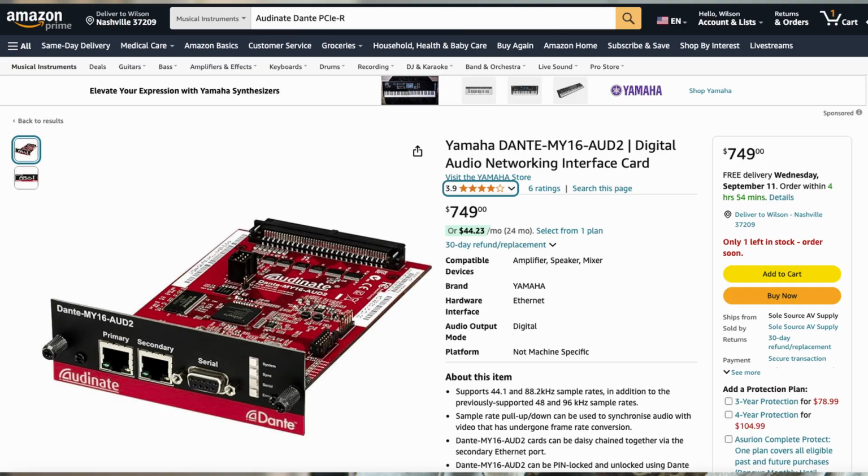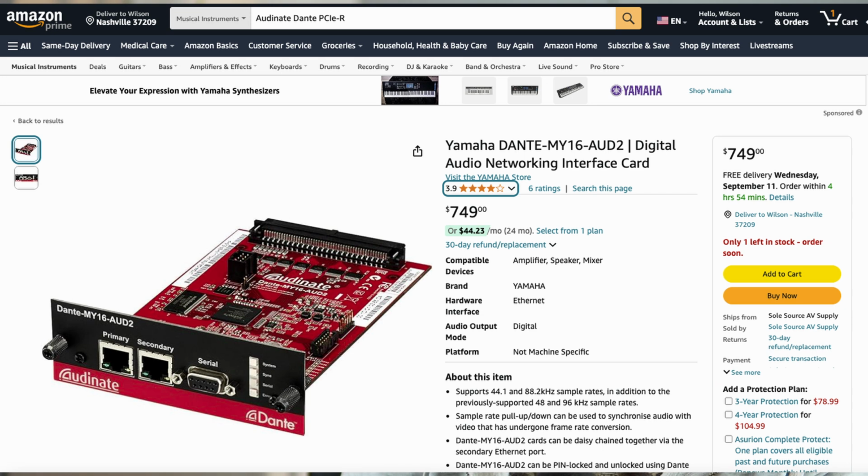Now next, this is something that I found a little confusing, but there is an optional audio card, PCIe card, that can enhance the latency, so reducing the latency and enhancing the audio signal. But this is optional because you don't necessarily need it to run your Dante system. But if you do go that route, you can check out the AudioNet Dante PCIe-R card, which comes in at